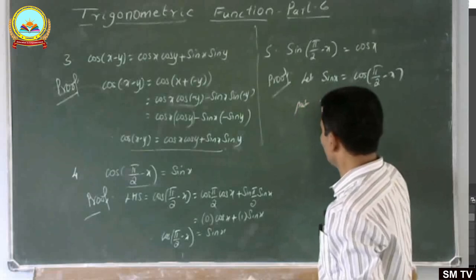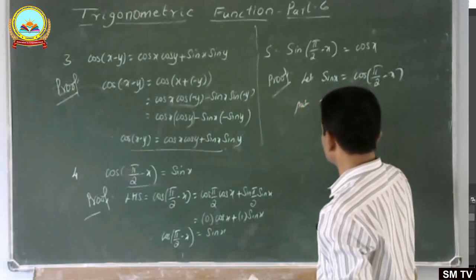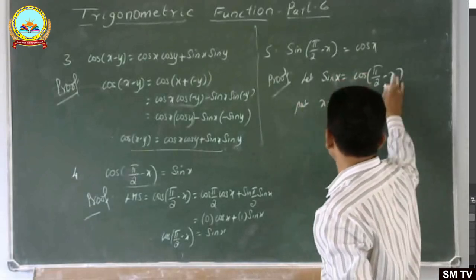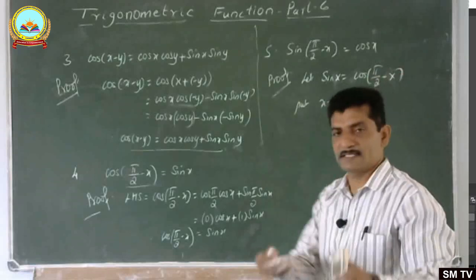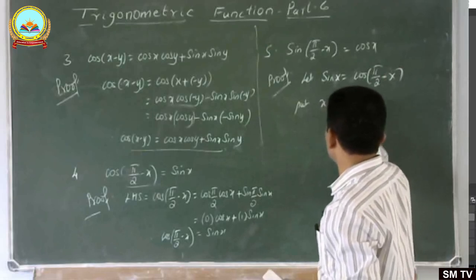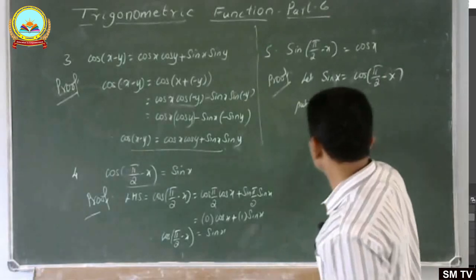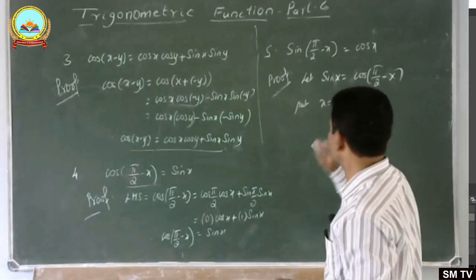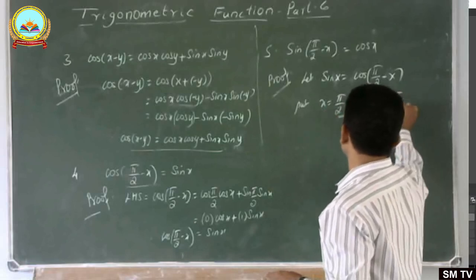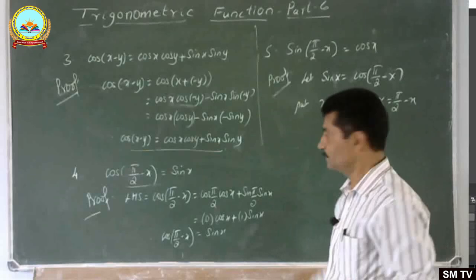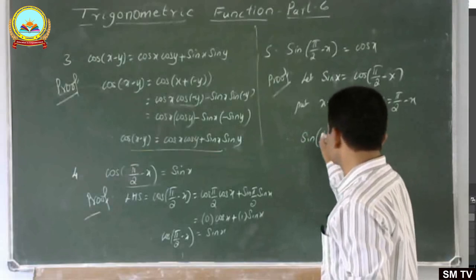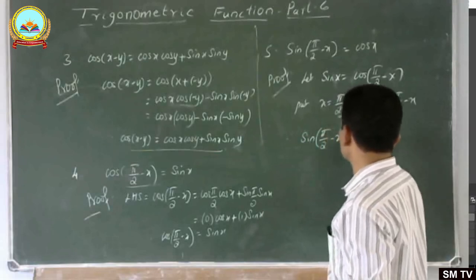Take capital X equal to pi by 2 minus small x; x is an arbitrary value, so just replace it. Then you get sine of capital X, meaning sine of pi by 2 minus x, is equal to